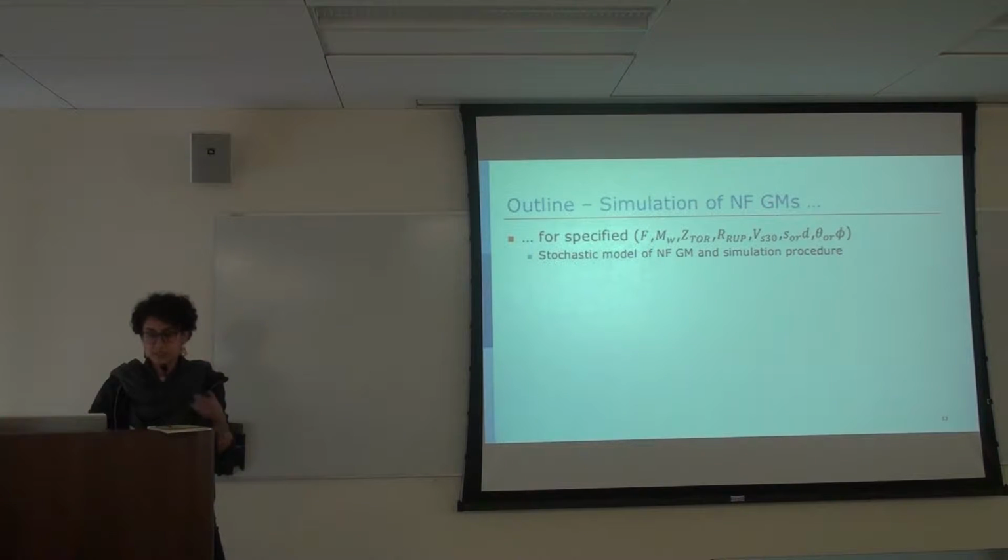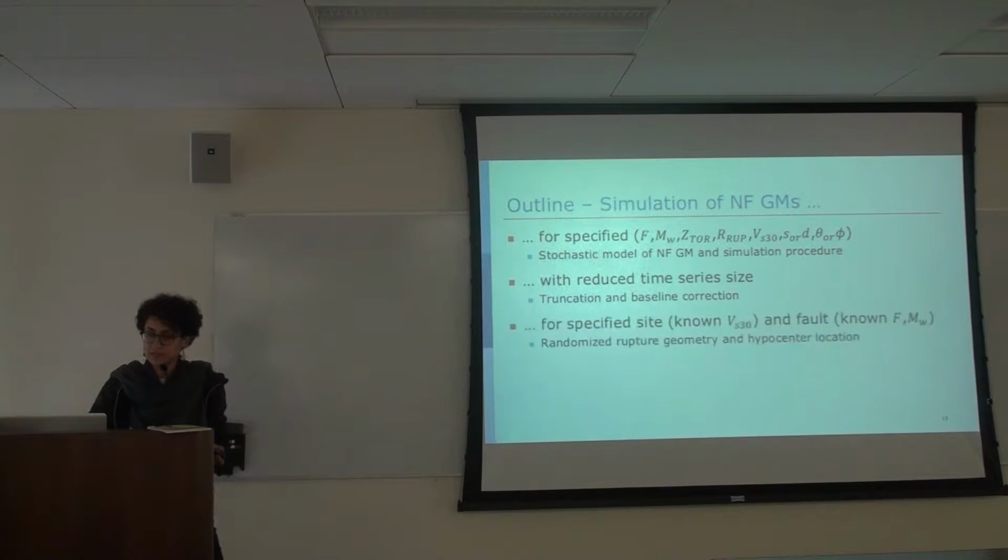So the outline of my presentation: I'll briefly review the existing model that we had, which is the simulations of near-fault ground motions for specified FM, ZTOR, RUP, VS30, and directivity parameters. Then I'll briefly go over the reduction of the time series size and the extension of the simulation procedure when we only know the specified site and fault, and this is done by randomizing, as I said, the rupture geometry